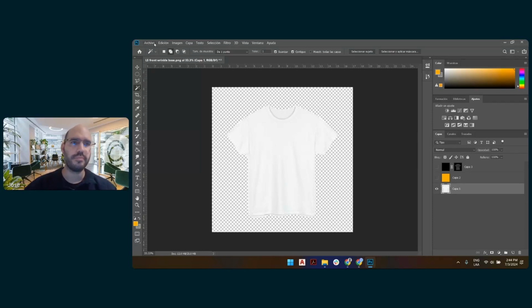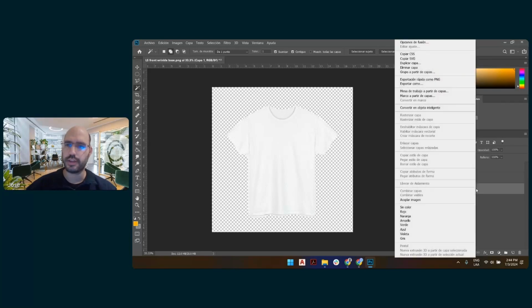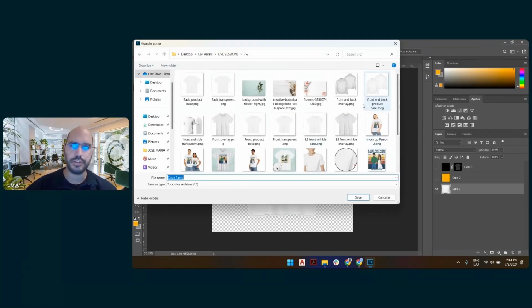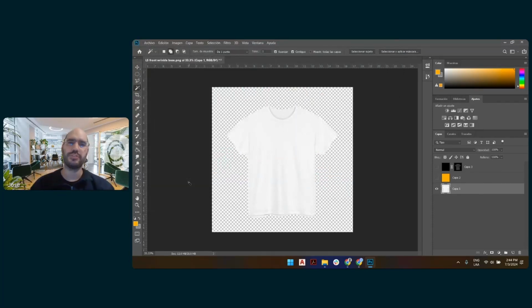And we can export this. We can just right-click and export, quick export as PNG. And we're going to call this the LS front wrinkle transparent. Why do we want to do this? Because we want to put another background, a context background. So we go back to